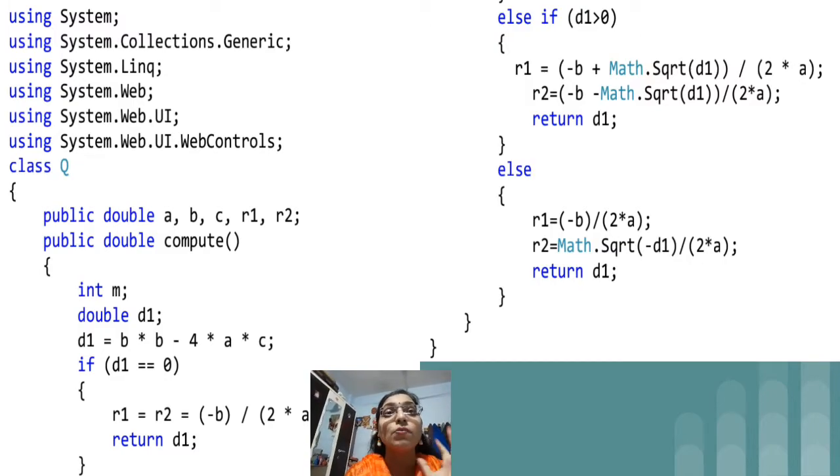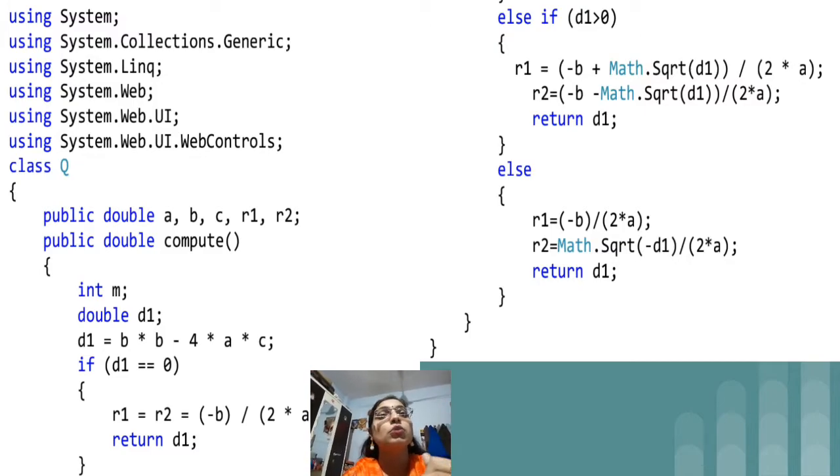In Q, how many variables have we now analyzed? In the previous example, we will take 3 values a, b, c from the user, and we are going to calculate roots. Definitely 2 roots we will get. They can be the same, distinct or imaginary. So 2 roots we are going to calculate, so variables r1 and r2. This is the reason why in class Q I have declared a total of 5 variables. d1 we are going to calculate within a function, so separately we will declare the d1 variable. These are the basic variables a, b, c, which we will take as input, and r1 and r2 are the output variables. In these variables our output is going to be stored.